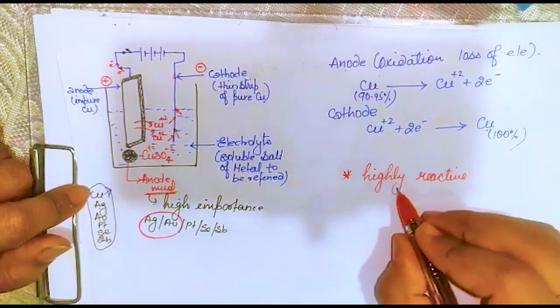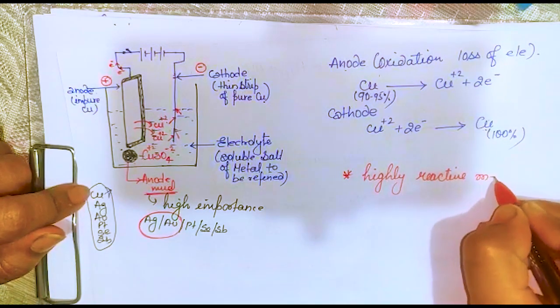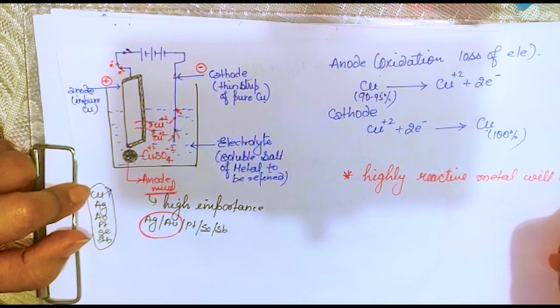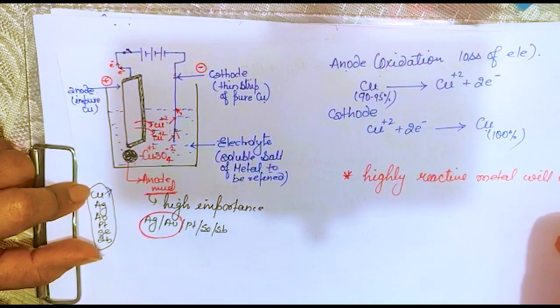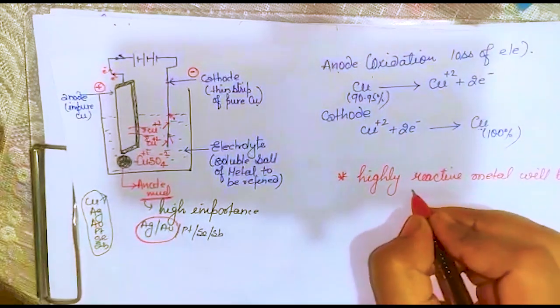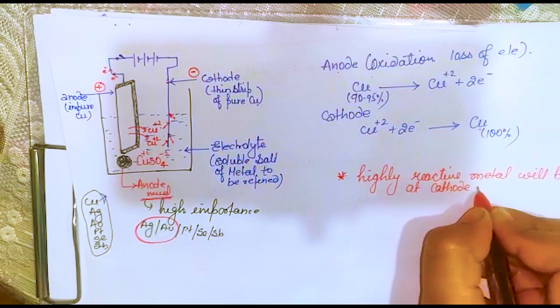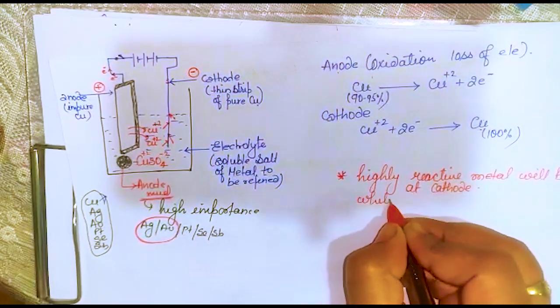Got it? So highly reactive metal will be obtained at cathode. Okay, while the less reactive